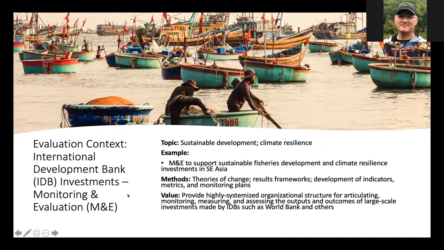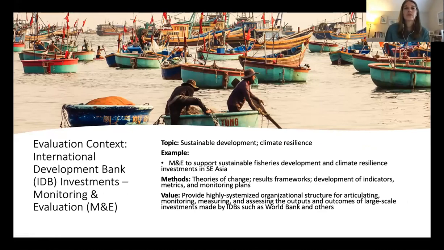And finally, and this is an area that I am working in currently. It's not an area I have worked in much. I'm new to it, so I'm on my own learning curve, and it's really exciting, actually. This is my first foray into international work and evaluation, but I've had the opportunity to work on several World